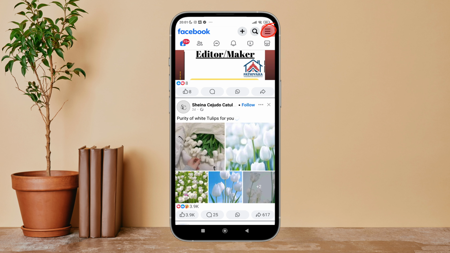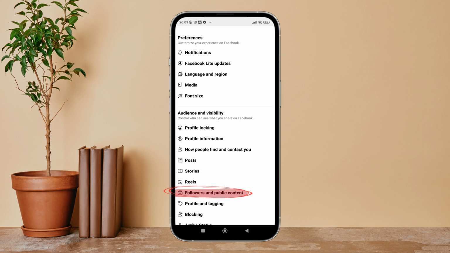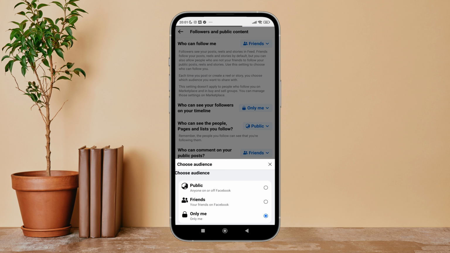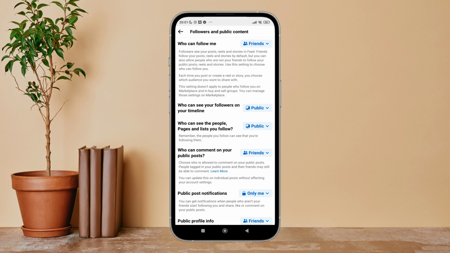Then tap on three lines icon. Next, tap on settings. After that, tap on followers and public content. Next, you can see the option of who can see your followers on your timeline. Tap on it. After that, you can see the option of public. Tap on it. So, this is how you can change who can see your followers on your timeline to public